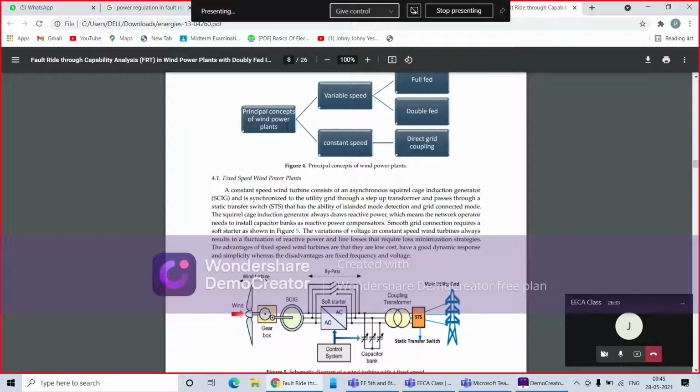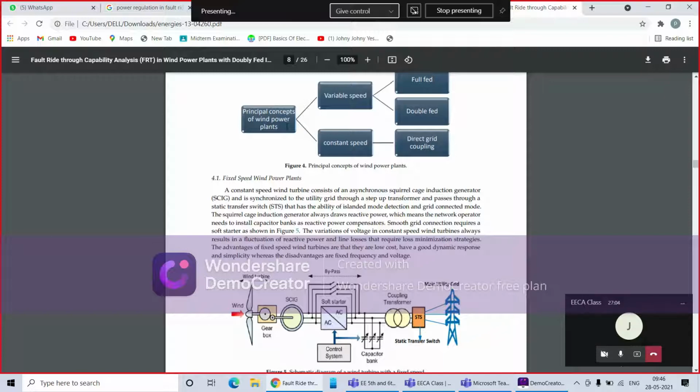So in islanding mode, when a fault comes, or there are abrupt or unfavorable conditions, in that scenario that particular part will island itself, get into island mode and separate itself from the rest of the system. In this way it is saving the rest of the system, and the fault does not get into the rest of the system. So it will minimize the damage.